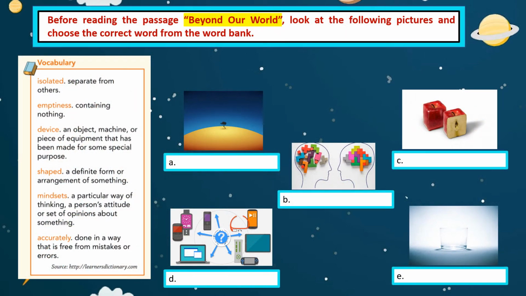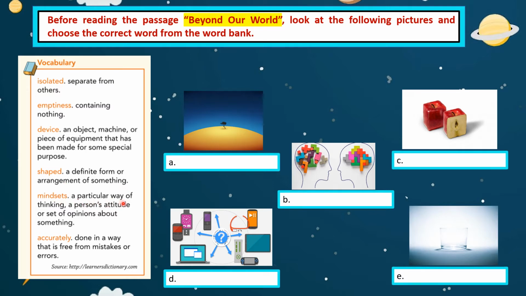Before reading the passage Beyond Our World, look at the following pictures and choose the correct word from the word bank. Over here you have the word bank. We have 1, 2, 3, 4, 5, and 6 new vocabulary words, and we have the definitions for each of them. So we have the first one, isolated, separate from others, emptiness, containing nothing, device, an object, machine, or piece of equipment that has been made for some special purpose, shaped, a definite form or arrangement of something,